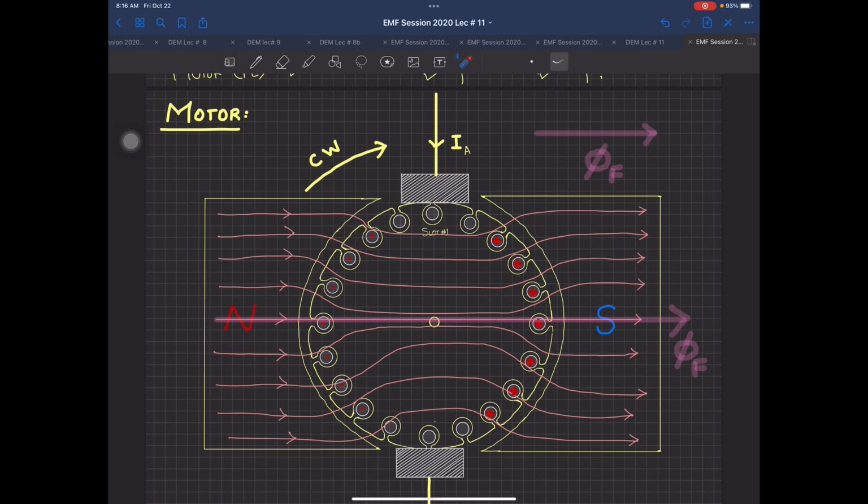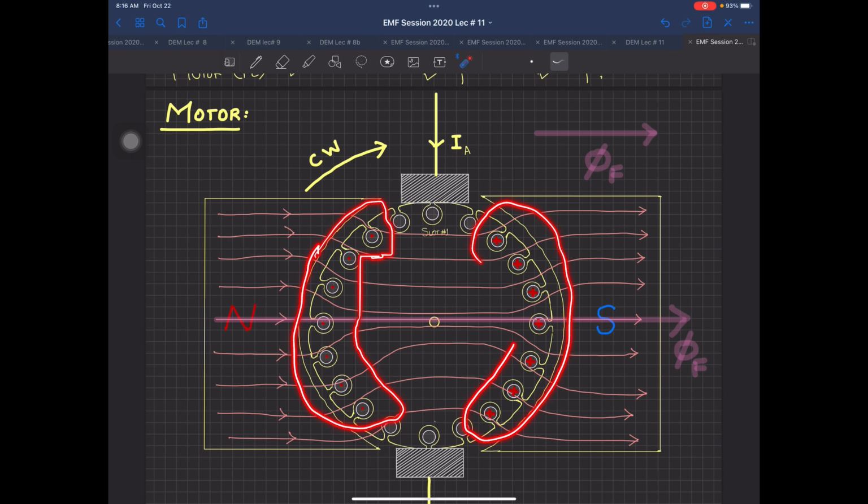Now, when this is a motor, and I am assuming it is rotating in the clockwise direction, I have to use Fleming's left hand rule. With my left hand, this is my B and this is the force F exerted on the conductor. You can see the figure is coming out here, so this is a dot. In front of all the north pole conductors I have a dot, and in front of all the conductors in front of the south pole there is a cross.